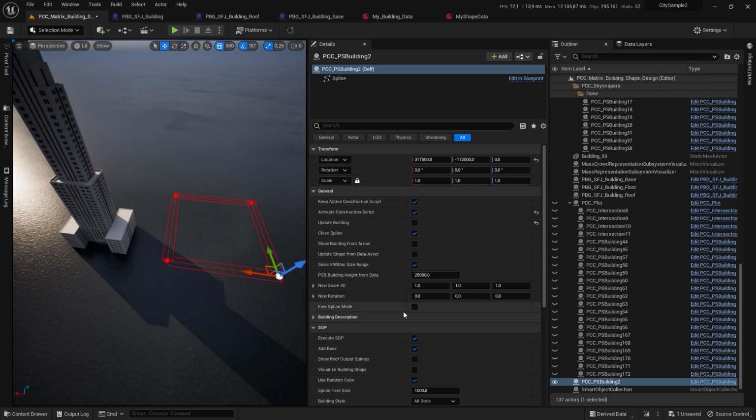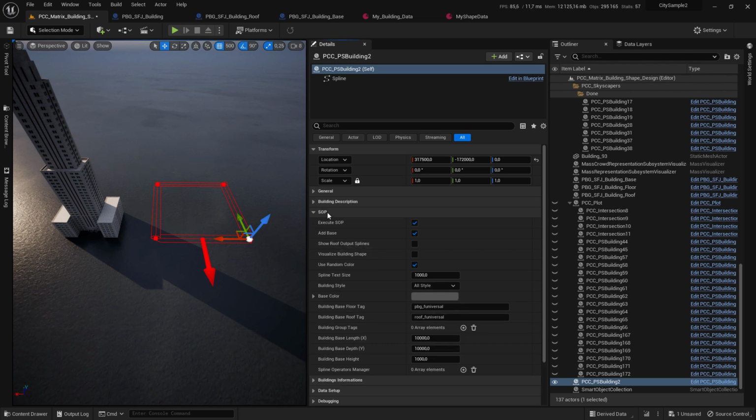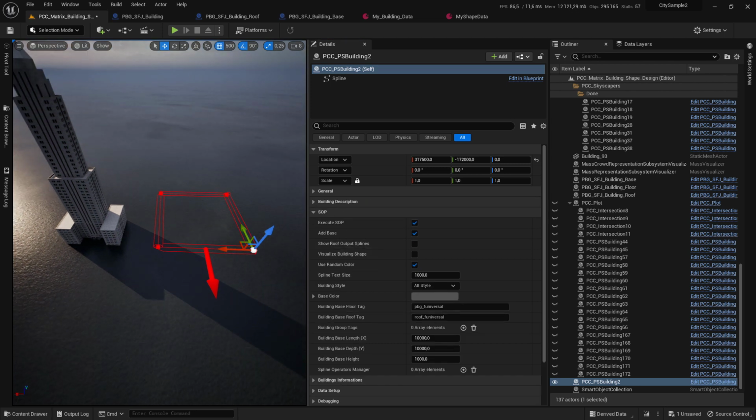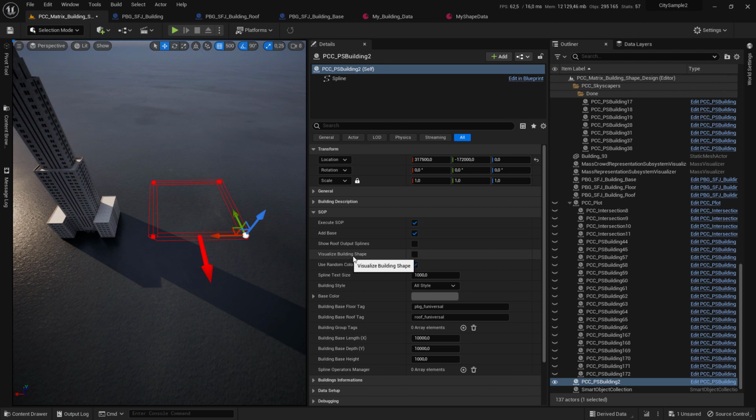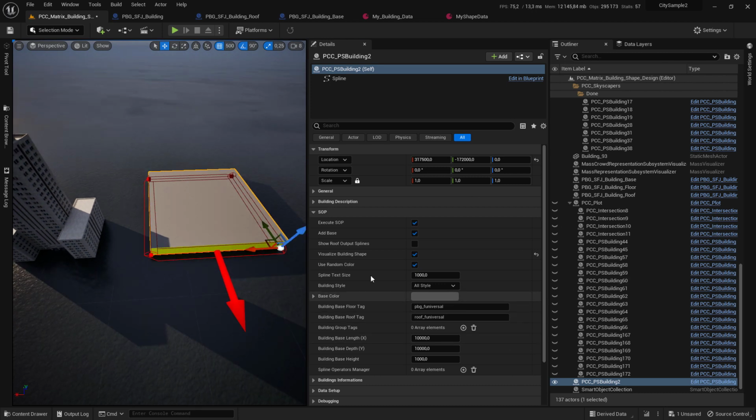In the General tab, make sure you check Show Building Front Arrow so that you will see how the front arrow of the building is. Go to Subdata and make sure you check Visualize Building Shape. Now,